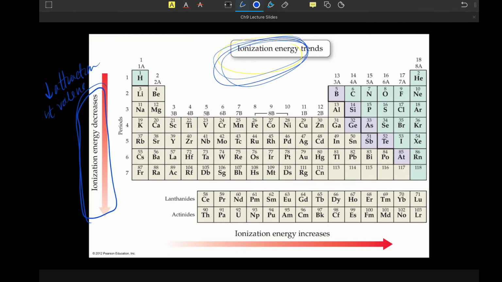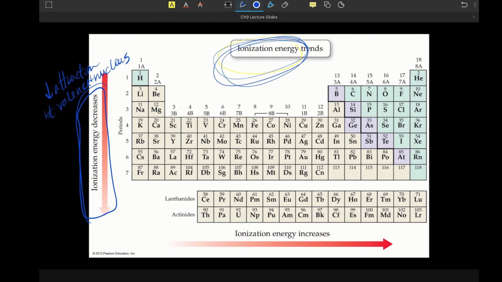Because that's what all of this is driven by: those valence electrons are attracted to the nucleus. More attraction, harder to remove. Less attraction, easier to remove. As we go down a group, if the valence is further and further from the nucleus, there's less and less attraction, which means it's easier to